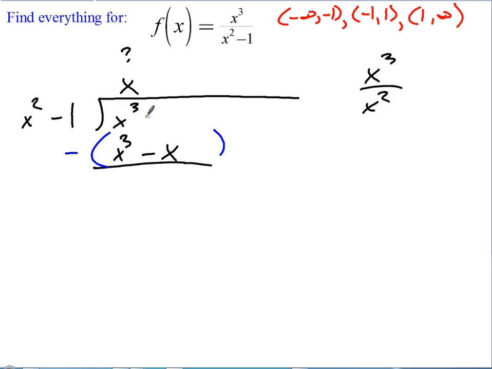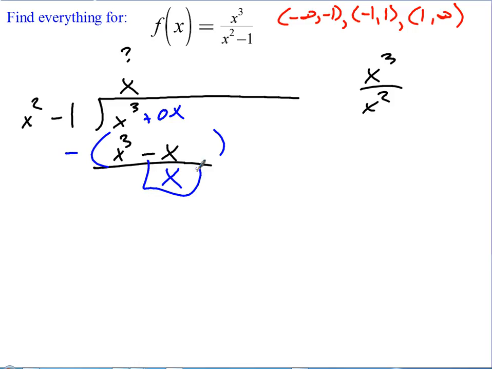There's really a plus 0x up there, isn't there? 0x minus negative x is what? Positive x. Okay? And we start over. So that's our new polynomial, x. But how many times does x squared divide into x? Doesn't, does it? Right? Okay, so then this becomes our remainder. And so what is this equal to?